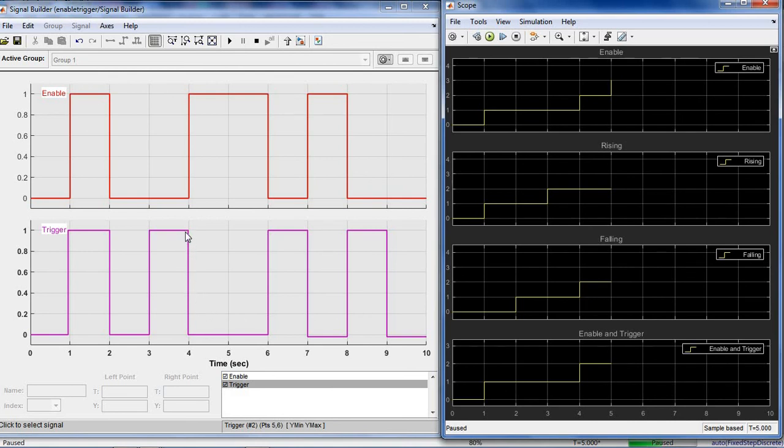At 4, this is the falling edge, and it is incremented to 1. And why does enable and trigger increment? Because this signal is greater than 0, and here is the falling edge. That's why the enable and trigger output is incremented to 1. In this way, this enable triggered subsystem will work.